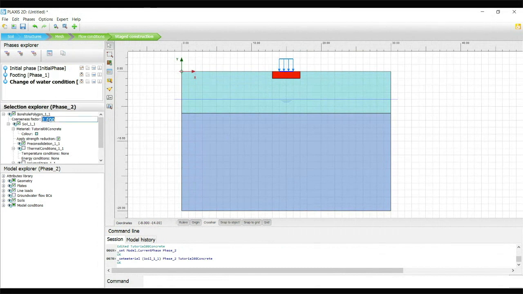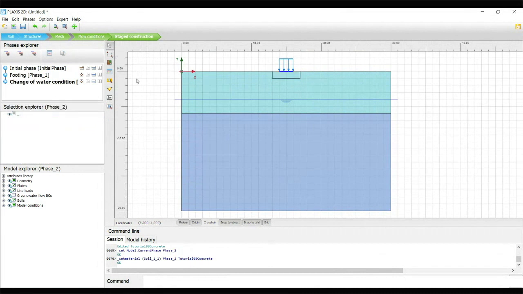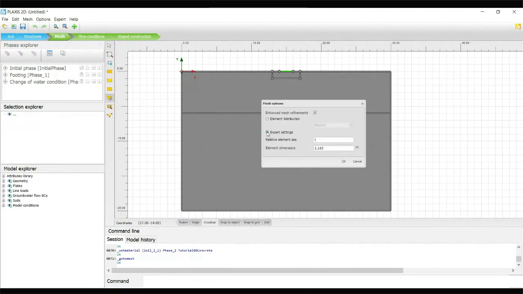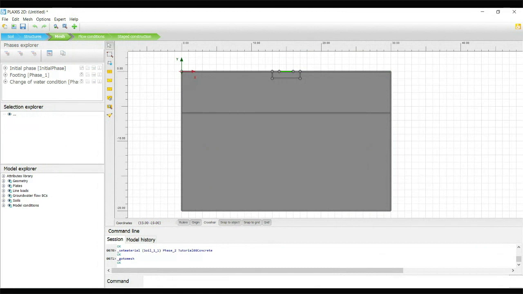If you use 0.5, it will display 50% smaller size. Also, if you want to control your own element size, once you go to generate mesh, you can select the expert setting and then you can fix your relative element size, which will be approximately equal to that particular size. So that is also possible, you can go to expert setting and then you can minimize.